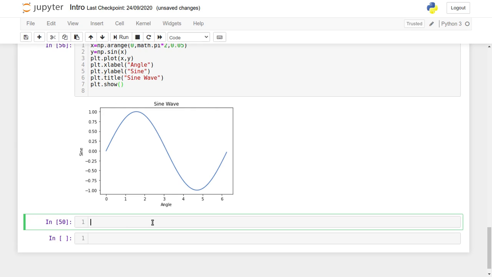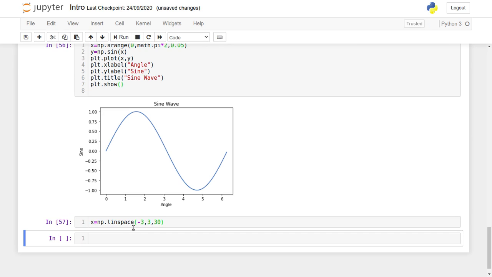Now let us take one more example of how to plot a different type of curve. From pylab, x equal to linspace, that is linear space, which is there in the NumPy library, np.linspace(-3, 3, 30), then y equal to x square, which is a parabola function.